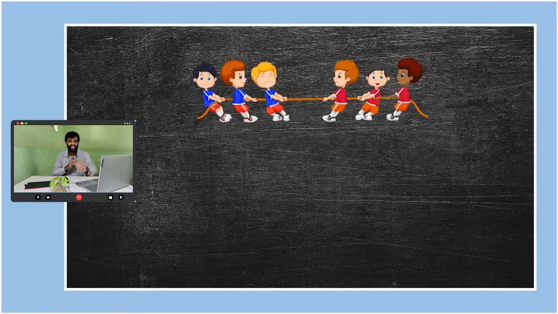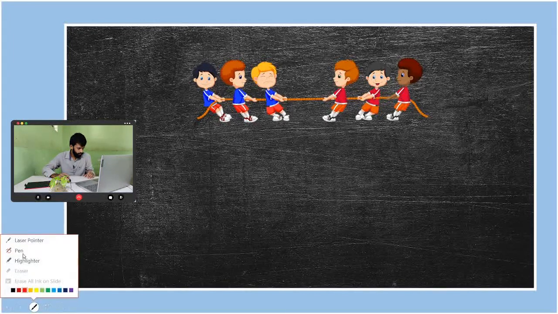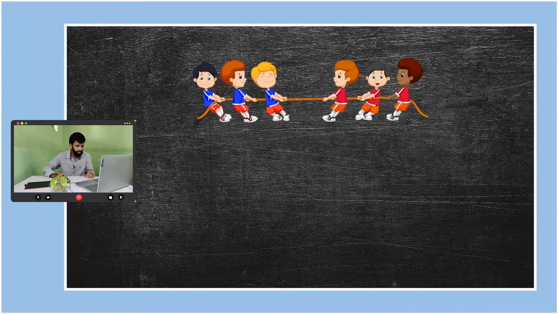Okay, next thing that you have studied in class 8 is that 6 people are pulling a rope, like the game of tug of war, and both the sides, both the teams, A and B, the blue and the red, are pulling the rope with equal amount of force that they have. Okay, the full energy is put over there to pull the rope, and the rope doesn't move at all. So let me mark this place. Okay, so you can have a kind of a small marking over here, a kerchief tied over there, a ribbon, and it's not moving